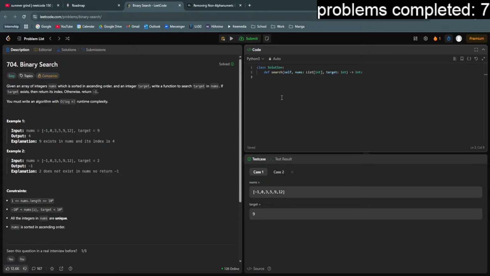Given an integer array of nums, which is sorted in ascending order, and an integer target, write a function to search target in nums. If target exists, return its index, otherwise return -1. Alright, so the general idea here is that we are going to start in the middle, right? We're going to have a search range that is in between two pointers. So create left and right pointers, which is our search range, and then our middle pointer should be equal to